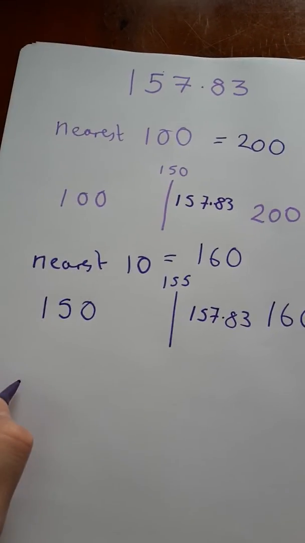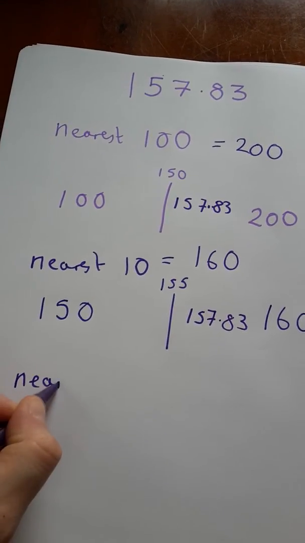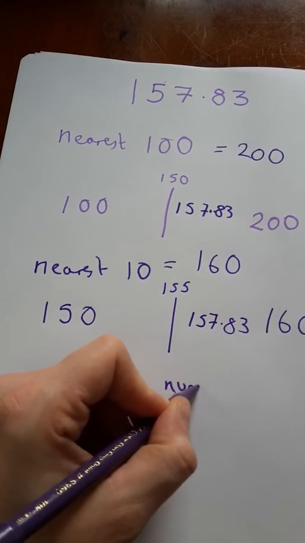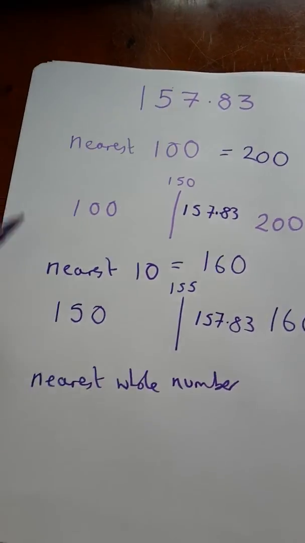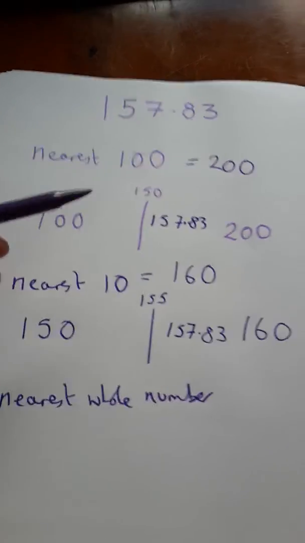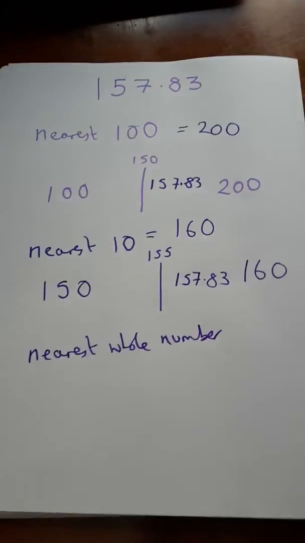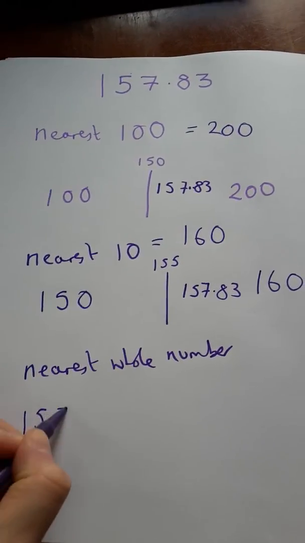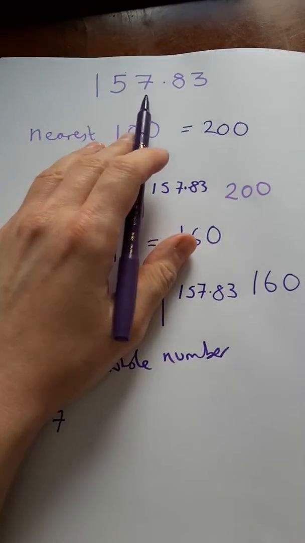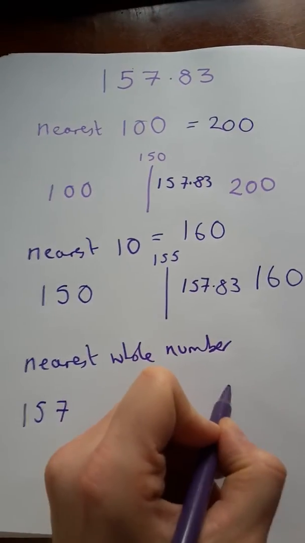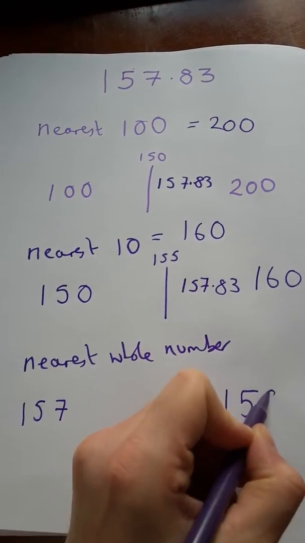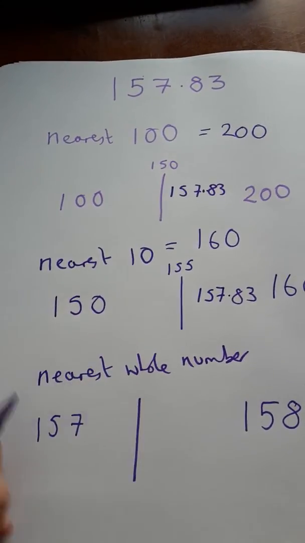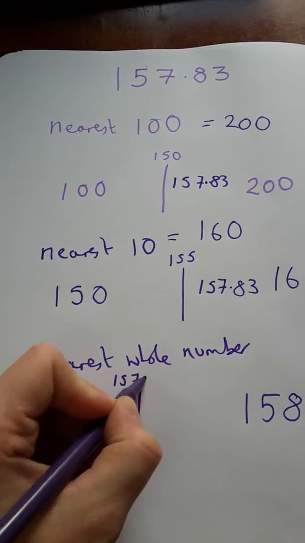Okay, to the nearest whole number, notice I haven't said to the nearest unit. Technically, we say that's to the nearest whole number. So we have 157, because we're looking at this column, or if we're counting up in whole numbers, we're counting up in ones to 158. We have midpoint, first, it's 157.5,